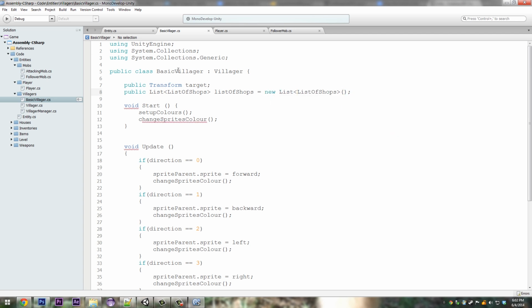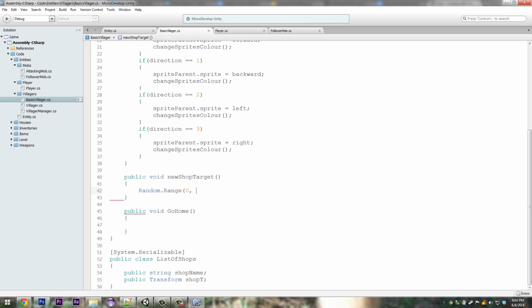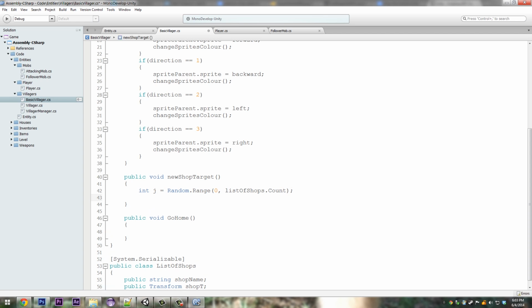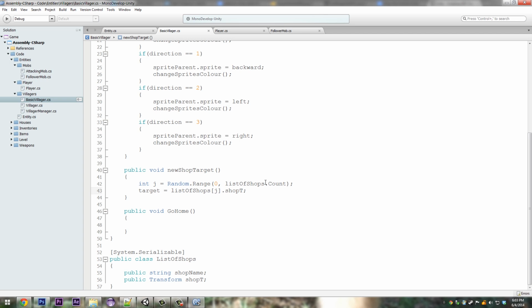So basically we've created a list like we've done before, and down here we just want to do list of shops.Count, and that'll give us a random range, and also make this int i equals that, int j, sorry. So down here we do target is equal to list of shops[j].shopT, and then it'll just set us a transform, and then